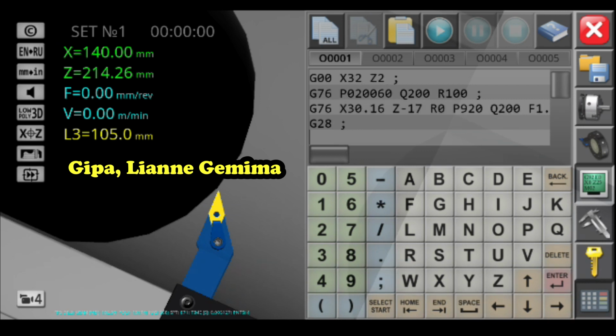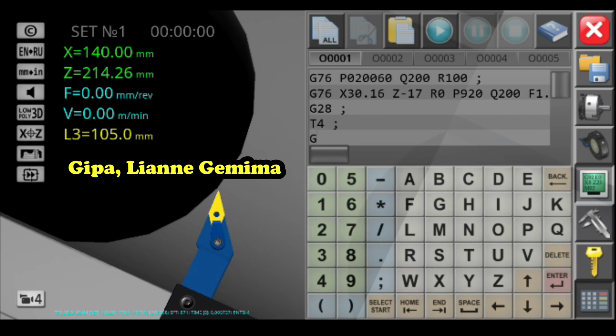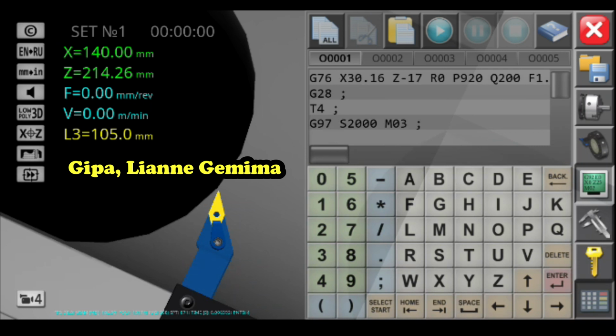And then T4, which is the fourth tool that we set in the tool catalog. After that, G97, S2000, and M03. Next will be G00, X0, and Z5. Next is G74, R3, and G74 again,